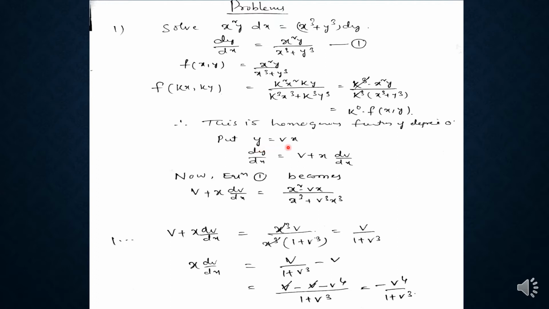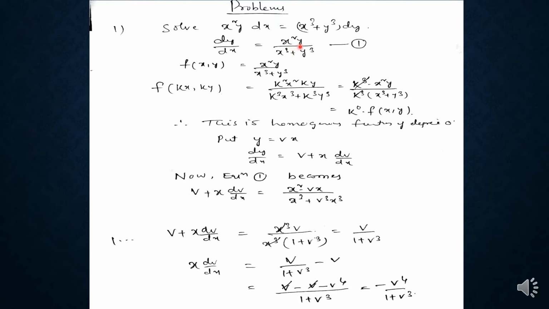Put y is equal to vx, dy by dx is equal to v plus x dv by dx. Now substitute these two values in equation 1. Then dy by dx can be written as v plus x dv by dx is equal to